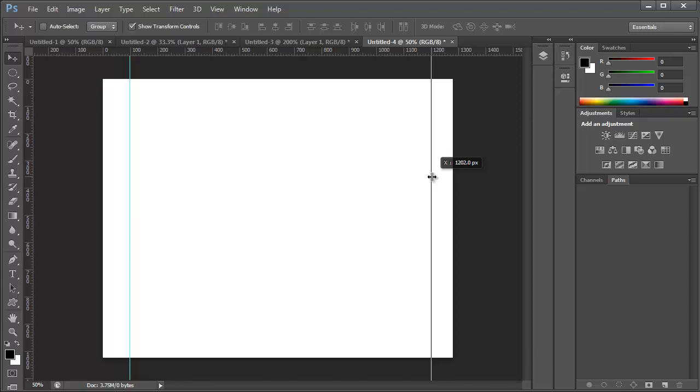So when I draw a rectangle, it'll be between this guide and this guide right here. And then just to give me a reference, because this is 100 and this is 1200, that would be how big? It would be 1, 2, 3, 4, 5, 6, 7, 8, 9, 10, 11. Yeah, 1100 pixels. So to draw, I want to have a mask or a graphic at the top of my